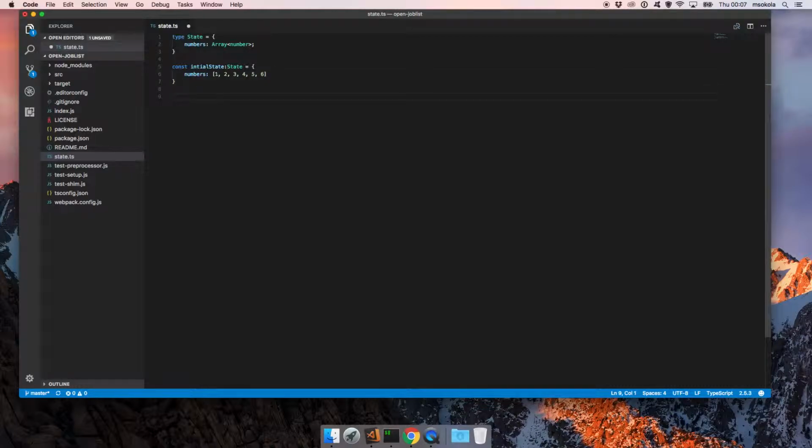Now we want to modify. We want to change the state to have only even numbers. So we want to just get rid of the odd numbers. So let's get numbers out of initial state, and let's print how our state looks initially. It's initial state, and now